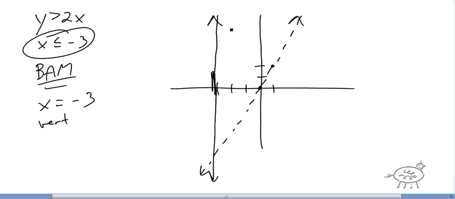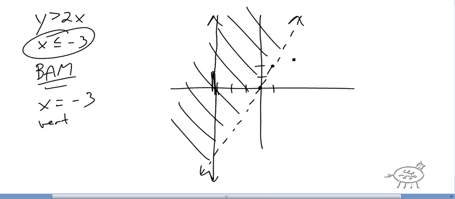Okay, and now we need to shade. Well, the first one, you shade above. It's greater than, so we're going to shade above. And the next one is, so here we're going to actually have to extend this a little bit more here. The next one is a vertical line, and you have to shade, its x is less than or equal to negative 3. Now, obviously, if you remember, there's no above or below a vertical line, but just think logically. If it's less than negative 3, you're going to shade to the left of it because it's less than it. So if I shade to the left of this line,